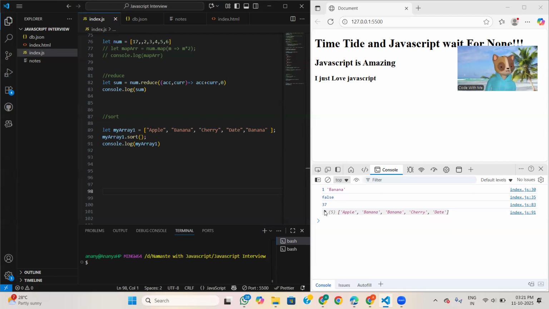And there are some other methods also, that is concat, if we have to add arrays.